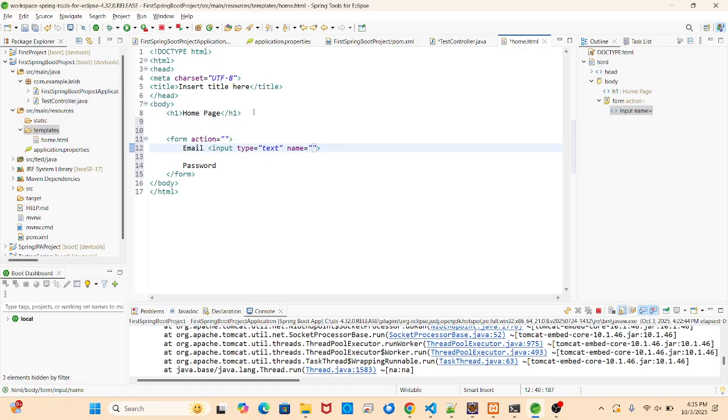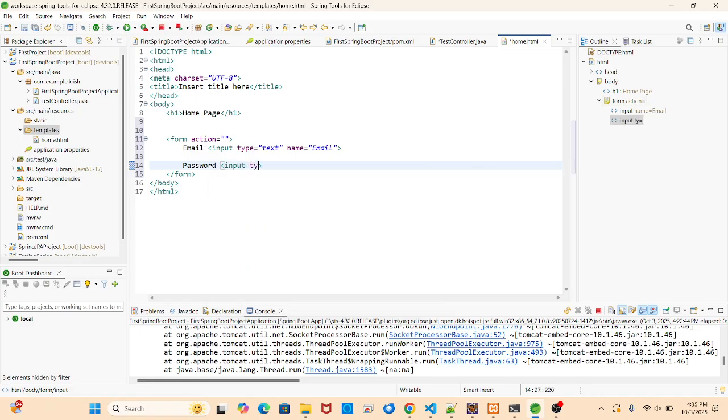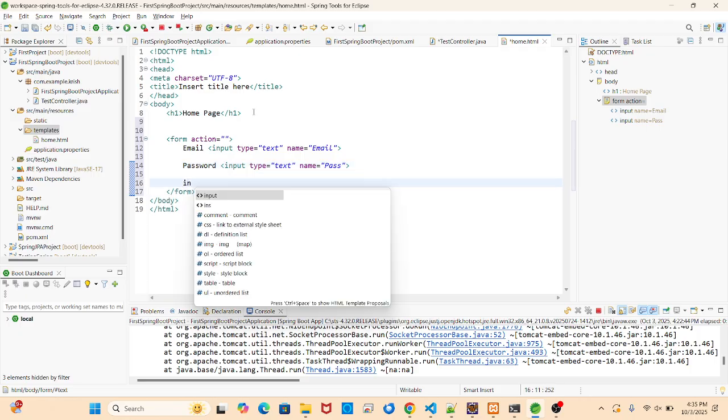After name, I'm passing the name as, let's say, email. Input. Password. But again, when you're going to bind or access these properties on the controller side, it will ask for the model. There is no request.getParameter directly. So we have to pass the reference to our model. Need to create the model for this. One submit button.